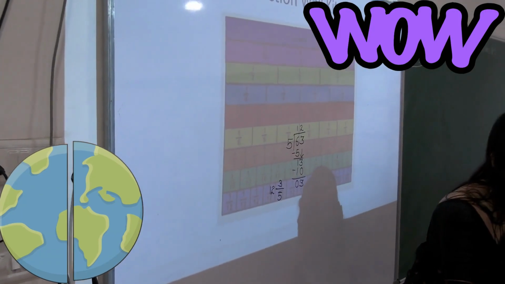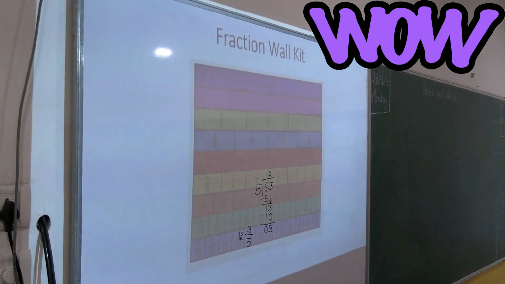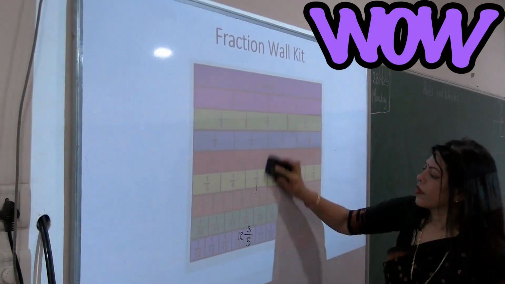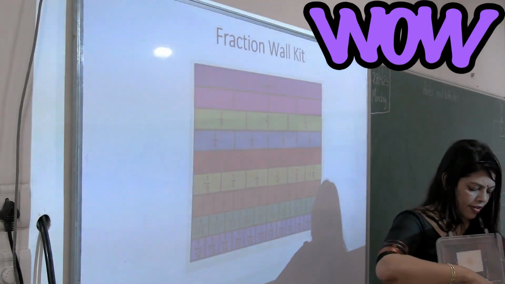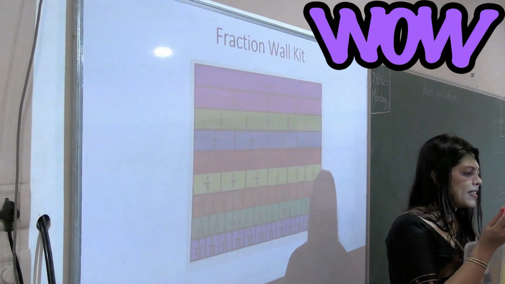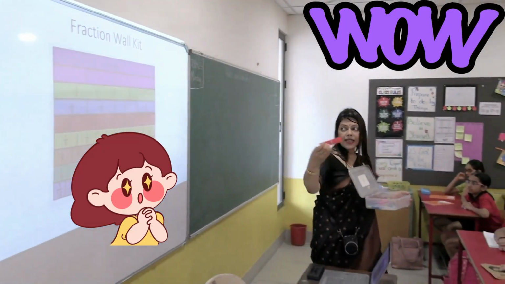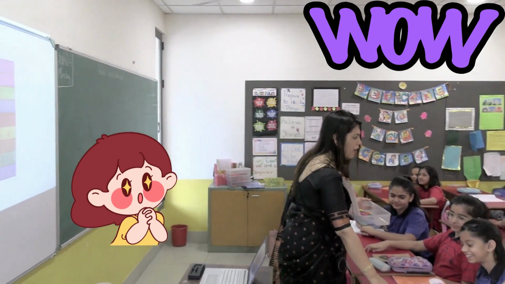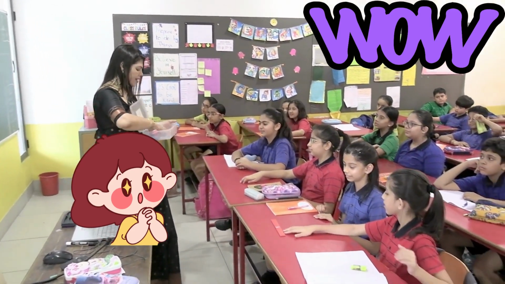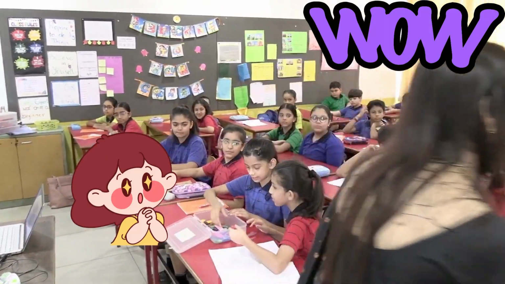Now we have fraction wall kits, and you will be doing this in groups, right? So you will be making a fraction wall here. You can see the fraction wall here, and the kit also has fraction pieces. So you have to arrange them. This is a kit, and don't drop it down. You will place it one after the other looking at the board, or I'm sure you know how to place it. If there are 2 parts, you will have half and half. If there are 3 parts, you will have 1/3. Right? So similarly, please do this.